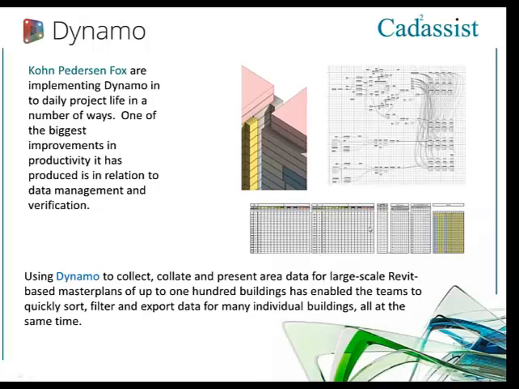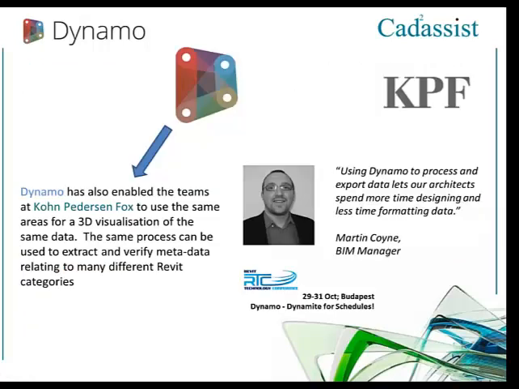And then a second script takes that schedule and creates, in effect, a second model, a graphical representation of the room volumes as masses, so they can analyze building usage across a number of buildings at the same time. At the same time, they use the same process to extract and verify metadata relating to a whole range